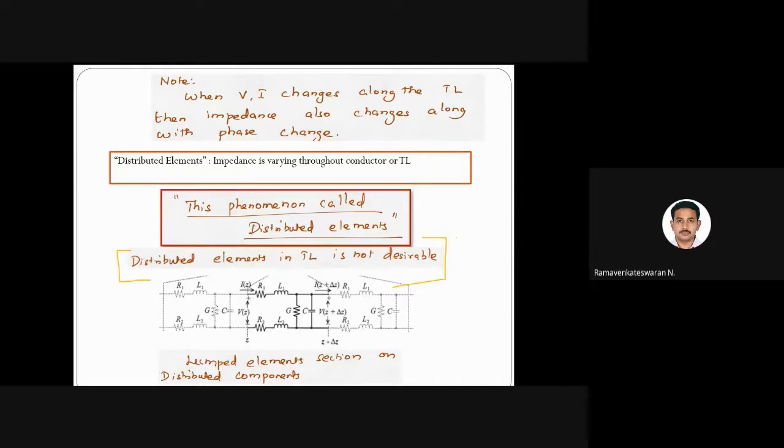Okay, so as I told earlier, it's from RV to Mysore. When you have a bigger section of the transmission line, you have many RLGCs in between. That is going to contribute to the voltage and current variations. That is the reason we get a different impedance throughout the sections. When you get a different impedance throughout the section, it is called distributed elements. When you take a particular section out of it and you are able to model it, that is called lumped sections. In the lumped sections, for the voltage and current, I can typically know exactly what is going to happen. Okay, so take this analogy. For example, you have seen the metro stations, right?